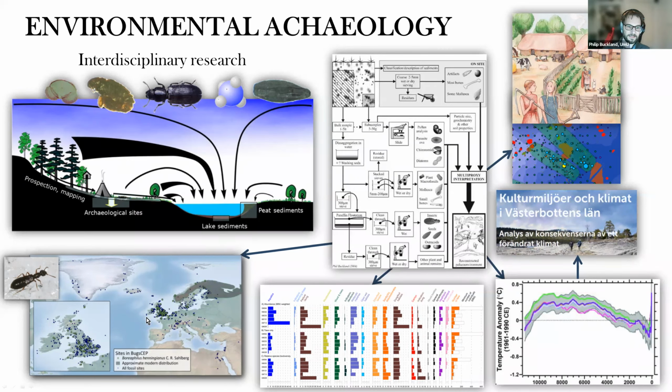And that leads to things like being able to do distribution maps for certain species of beetle, in this case Bryophyllus hiningianus, and this is extracting data from the database where each one of these sites where this species is found has contributed to us being able to map it, with these green dots here showing the place but not the time, of course. The grey shaded area here is the modern distribution of this species, so you can see it was present in much colder climates throughout the British Isles and other parts of Central Europe.